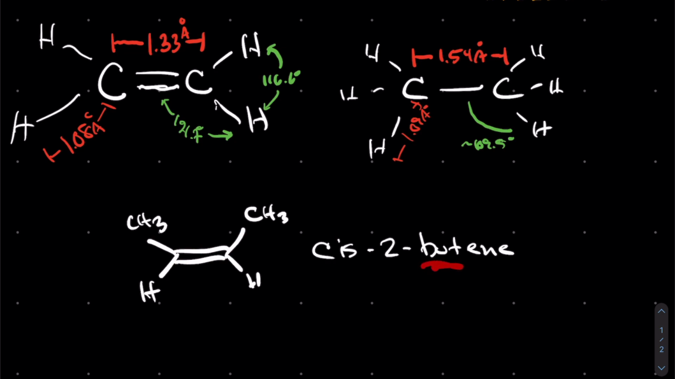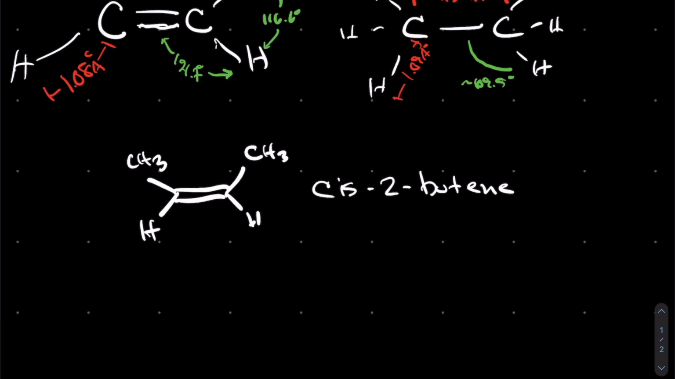And this is a root word butane, right? 1, 2, 3, 4. And the ene is on the second carbon, right? 1, 2. So that's where the ene goes. All right. And, if this were longer, we made this